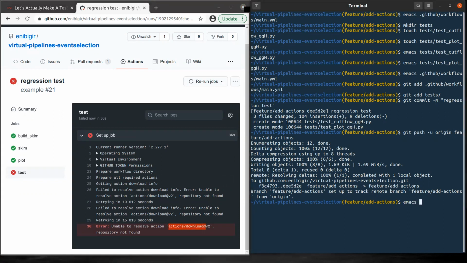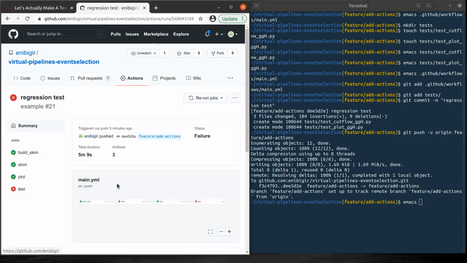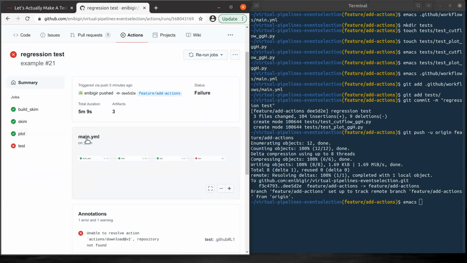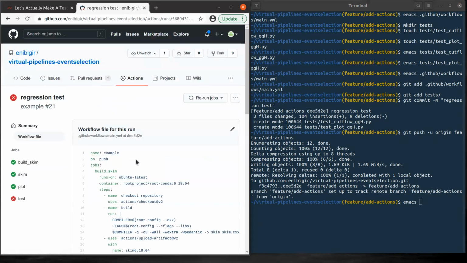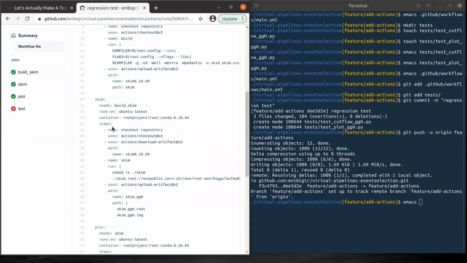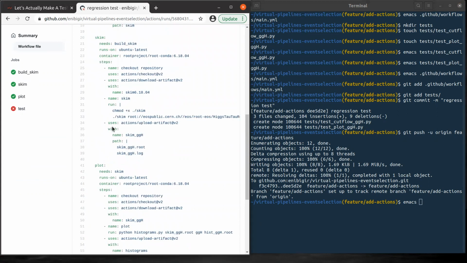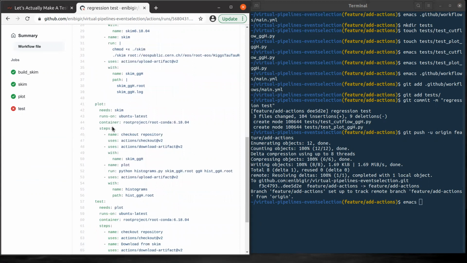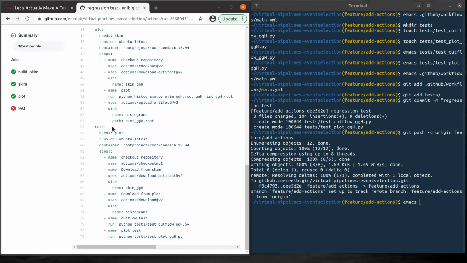Another feature on GitHub Actions, if you go to summary, you still have the YML that was used for this workflow. And we can see that at some point we used download. It should be download-artifact, line 69.